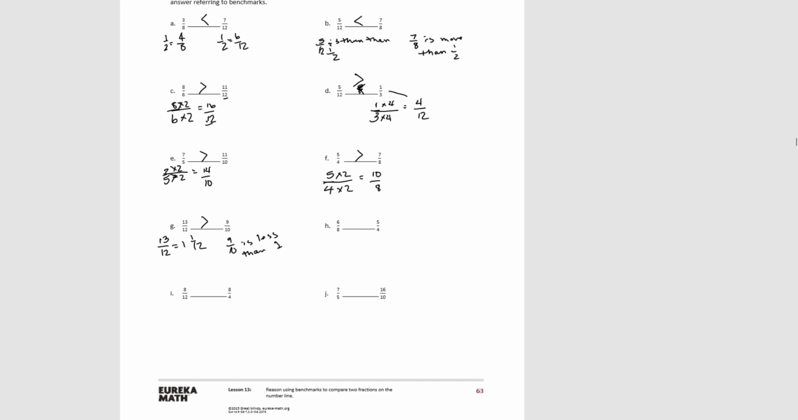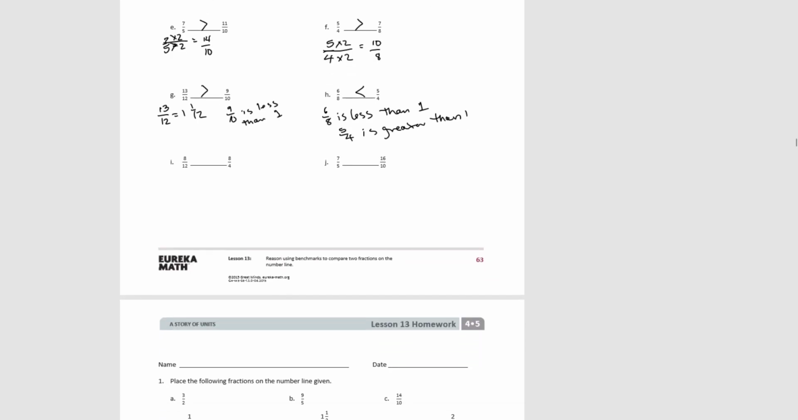Here right away, before doing anything, we can see that 6/8 is less than 1, whereas 5/4 is greater than 1. So 6/8 has to be less than 5/4. For the next one, we have